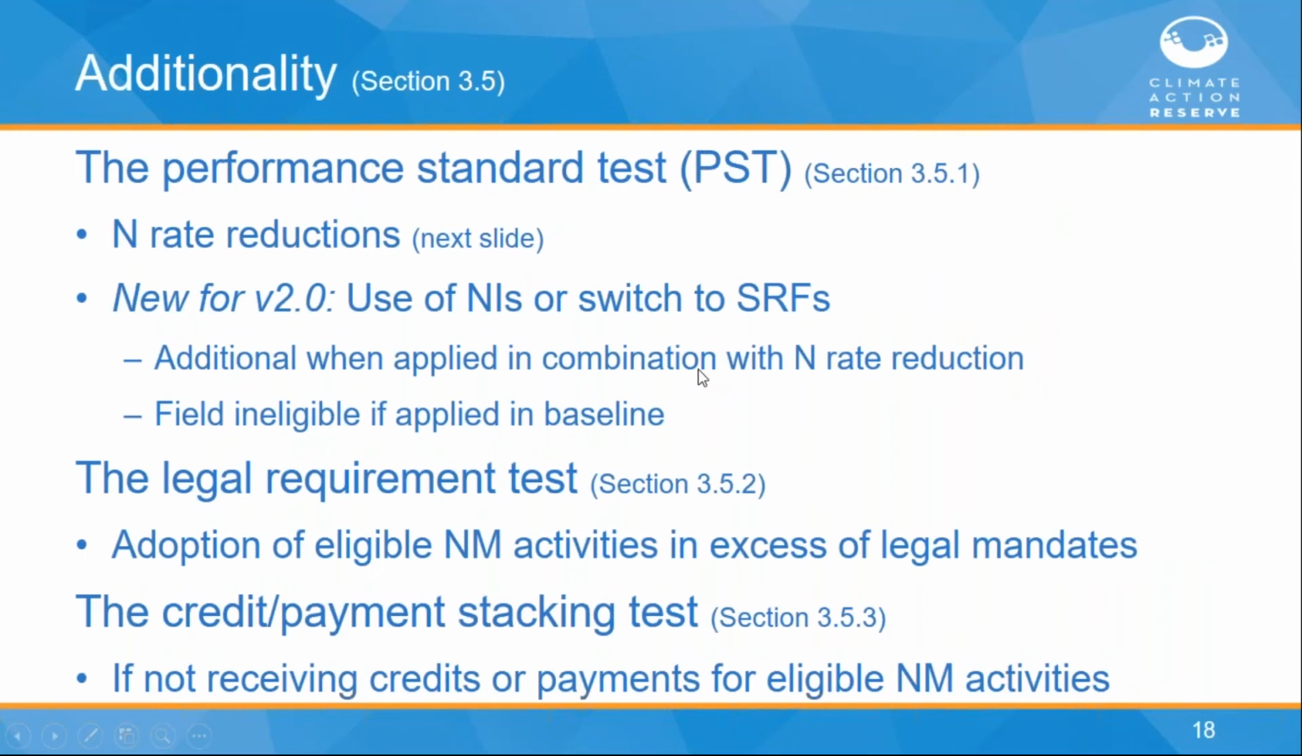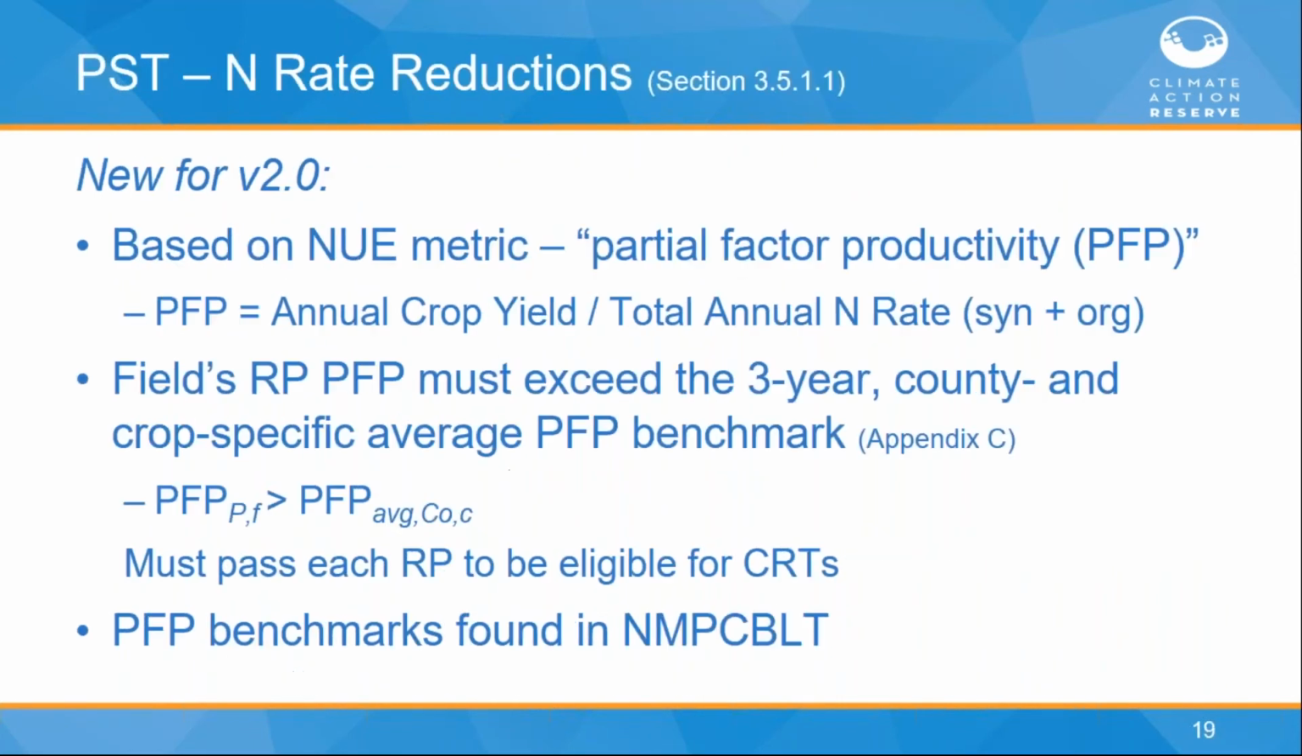Okay, so most importantly with eligibility are the additionality requirements. I will touch on our performance standard tests. We have performance standard tests for our eligible activities. These are tests that a field must pass, performing better than essentially common practice, in order to be determined additional. And I'll touch on the next slide on our N rate reductions, but here provide a quick overview of